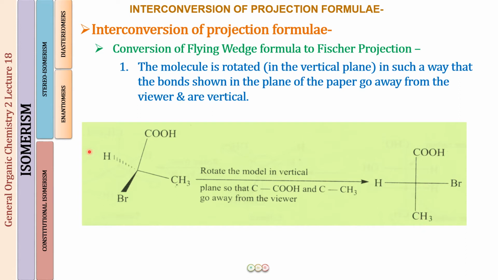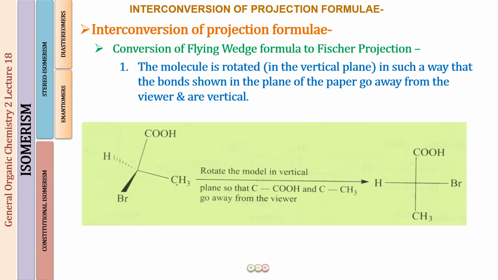Okay, so these two go away from the viewer and they are vertical, so we represent them by a vertical line. And what happens to the H and Br then? Bromine was projecting forwards, but in relation to the vertical line, it is towards the left of the vertical line. But when these groups are rotated in such a way that they go back away from the viewer, bromine will remain forward projecting towards the viewer, but will move towards the right. The hydrogen, which was on the left but away from the viewer, is also going to move forward, and when it moves forward, it will remain on the left, but it will be towards the viewer.